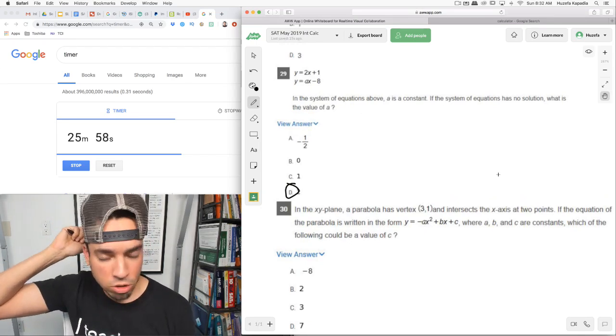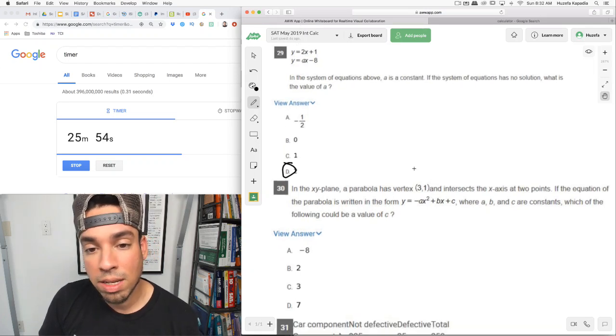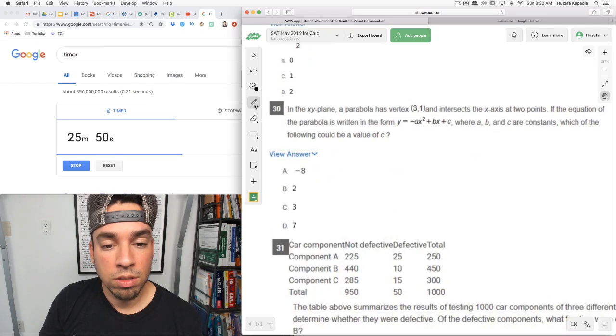If it had infinite solutions, it'd be the same line. And if it had one solution, they just intersect at one point. A could be anything other than 2. Let me just make it so I don't cover it up. Next,